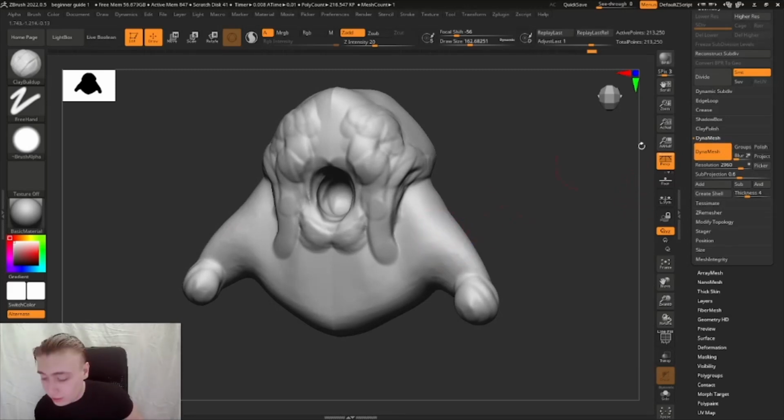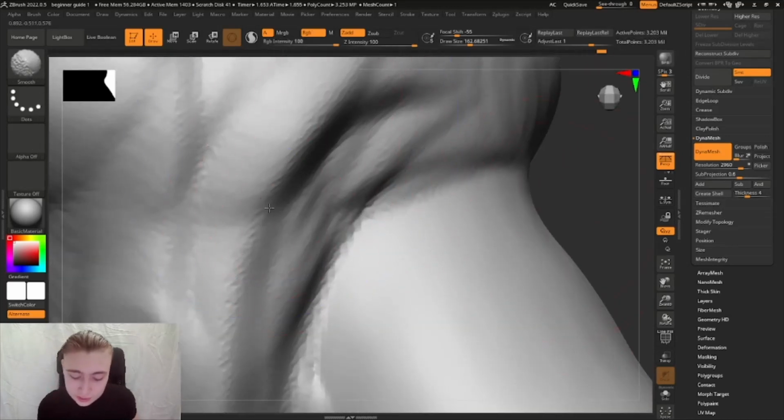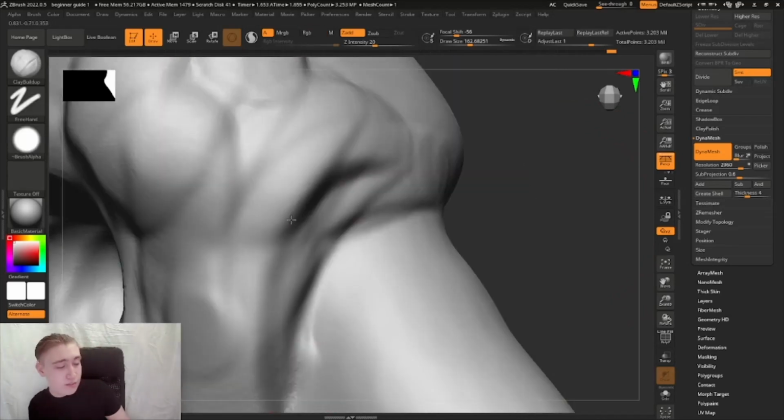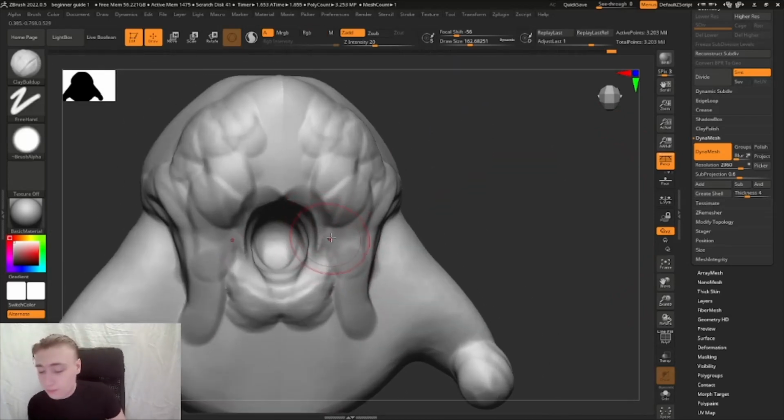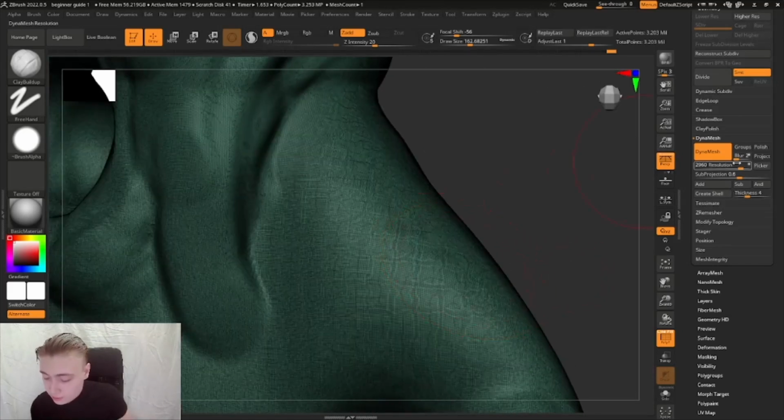If we use a lot on some machines, you see here now, it's a lot, 3 million faces, it can actually break some machines, so the program will crash. And you do not want to use Dynamesh for everything. It's way better